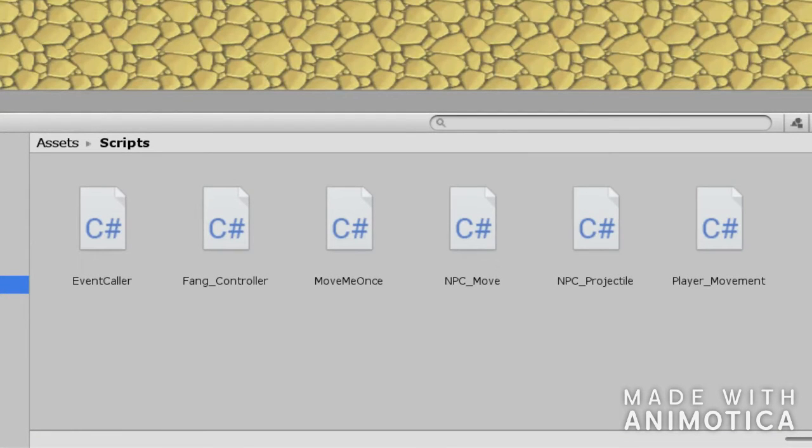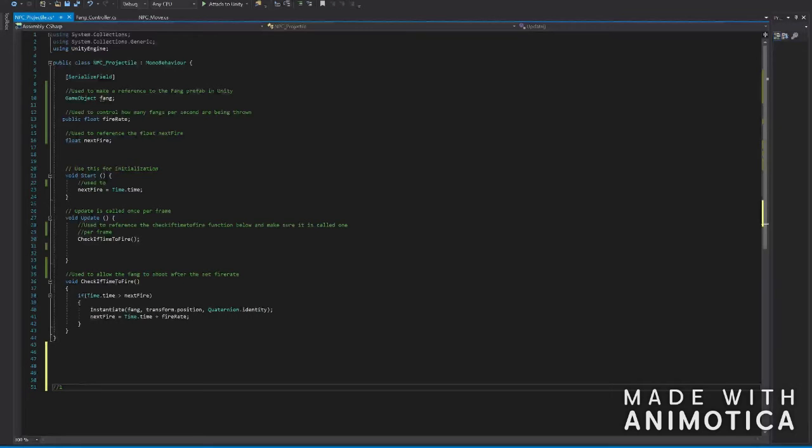Lastly, we have the scripts that make the Fang function. We have 2 scripts, NPC projectile and Fang controller. One is made to allow the NPC to shoot the Fang, and the other is to control the different attributes of the Fang. In NPC projectile, we have GameObject Fang, which is used to make a reference to the Fang